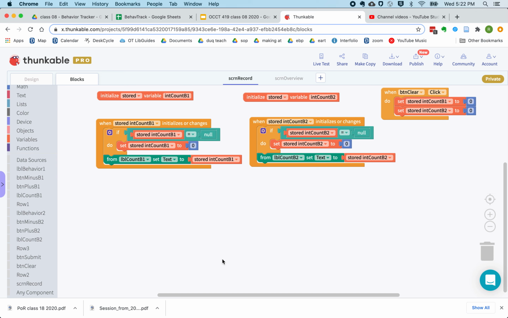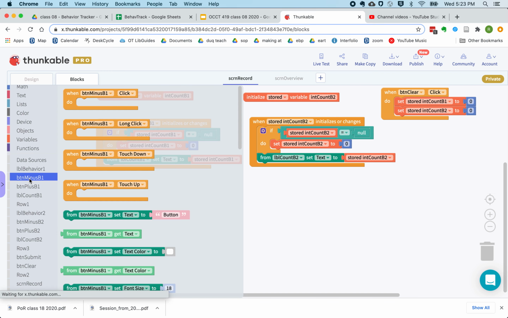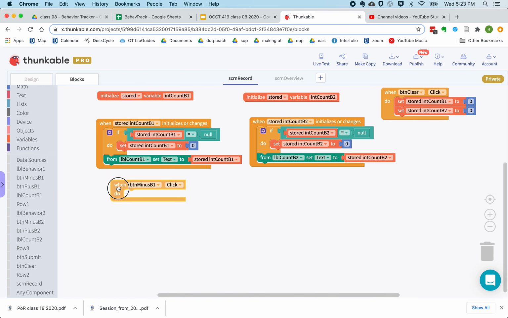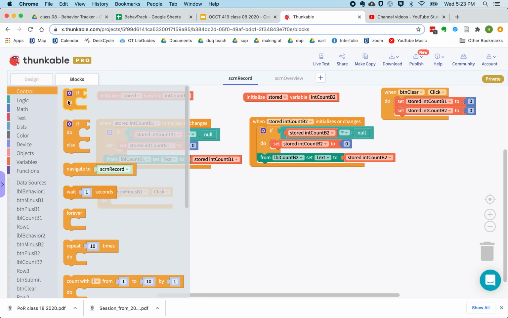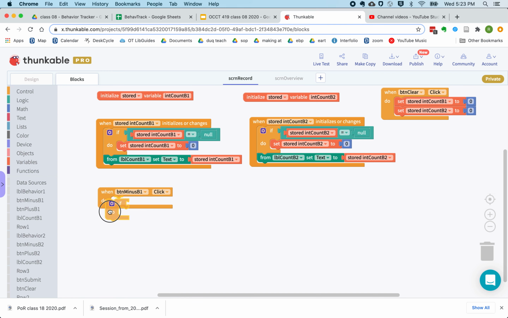Next thing we're going to do is set up the event handlers for responding to the rest of the buttons. We'll start with the button for subtracting, so the button minus B1. So we're having one fewer behavior 1 than we expected. First thing we want to do, we're going to need to check, because you can't have a negative number of